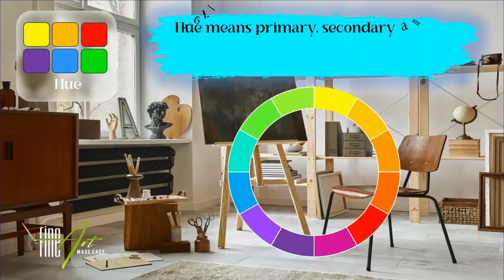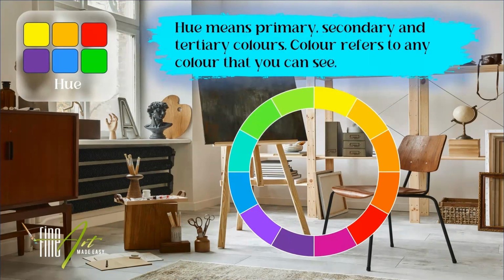So hue means primary, secondary, and tertiary colours. So colour refers to any colour that you can see. For example, we can look at an object and we say, this has a yellowish hue or a reddish hue. We won't say colour. Why? Because there are thousands and thousands of different colours. So it makes it easier. Okay, now let's go